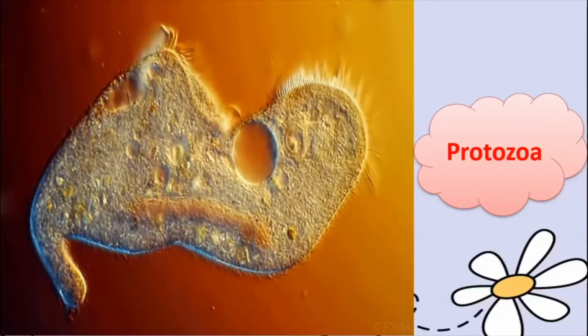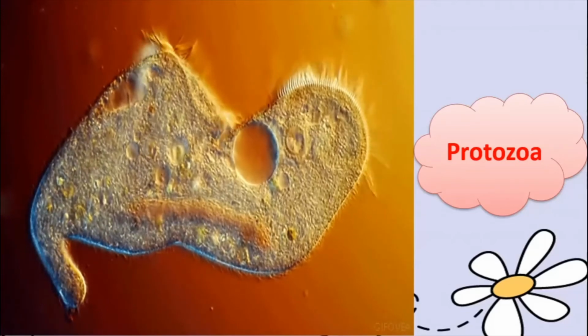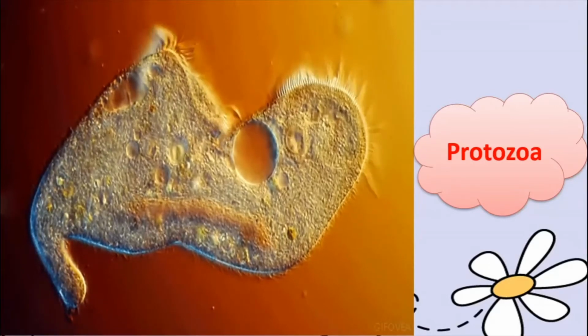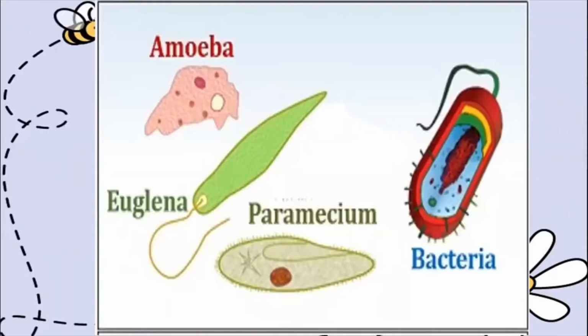See, this is again one more unicellular organism or protozoa. So the first life which formed on the earth had only one cell. Okay, now in our body we have millions of cells, but in the beginning there was just one cell. Alright, you will learn about all these organisms when you grow to the higher classes. You will learn about amoeba, paramecium, bacteria, euglena, etc. But that will be at a higher level. Now we will call all of them protozoa. They are all examples of protozoa.